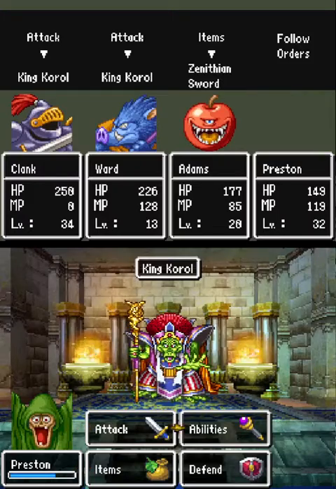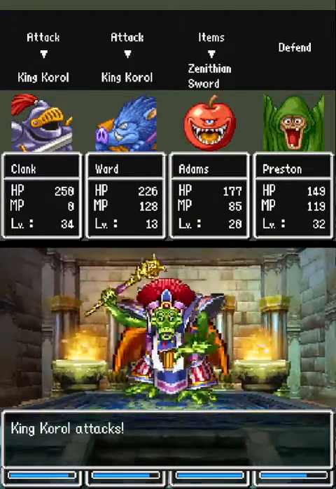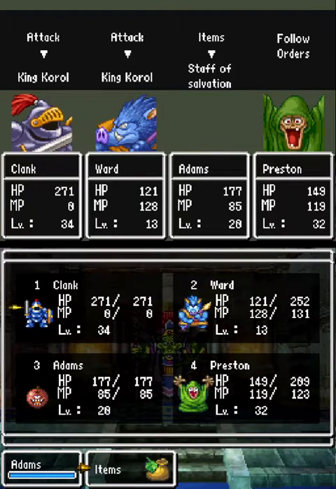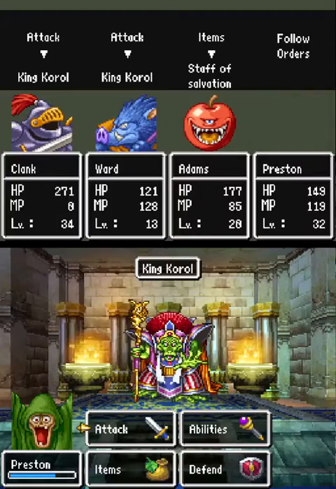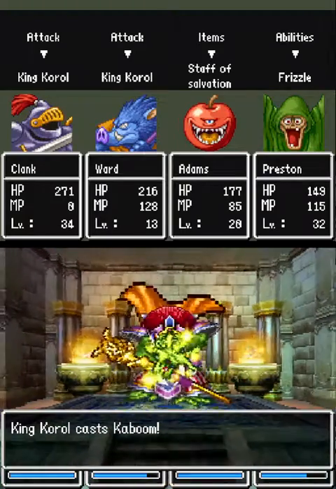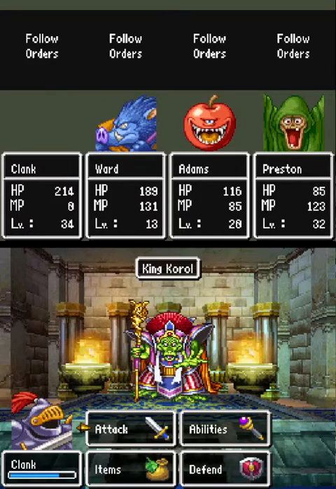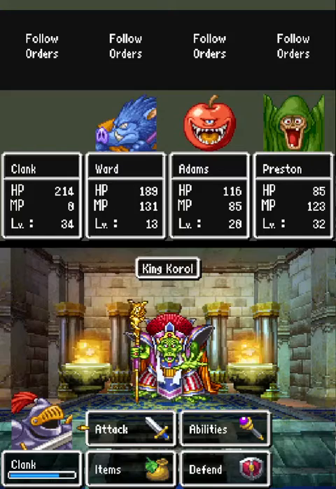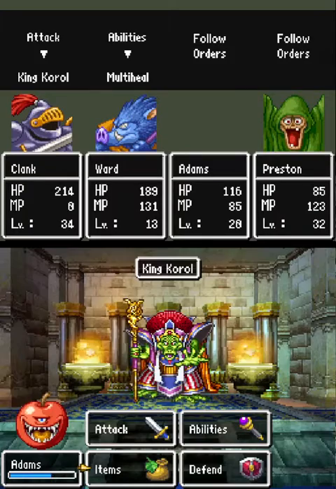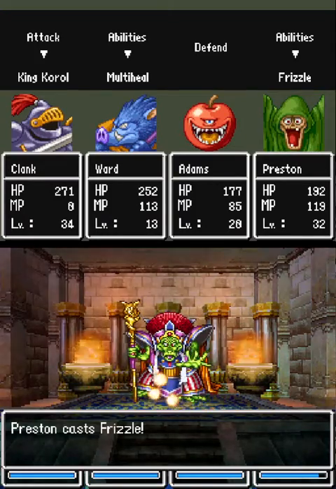Okay, go ahead and Zenithian Sword. You have some HP down, you defend. Okay, that's alright. Go ahead and... Preston's fine if he gets blasted with Cold Breath. That's the most dangerous thing that Korol has. The boom... That does hurt. Yeah, that's multi-heal because Adams will die if Ice Breath goes, and Preston needs the healing, so... Okay, go ahead and multi-heal. Why don't you go ahead and just defend. Preston doesn't need that extra healing, so...